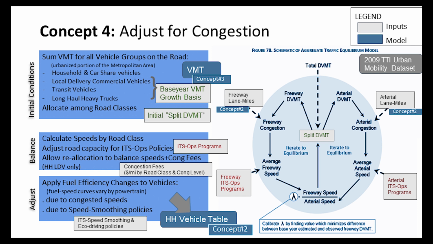You start with your total VMT of all these people. We have an initial split between freeways and arterials, then they split out into either side, and we say, well, let's compare that to our lane miles that we got from Concept 2. You get some congestion, which gives you a speed. So you've got a freeway speed and an arterial speed. We adjust it for those ITS programs. Then you get this ratio, like which is better, freeway or arterial, and it'll come back up and resplit the DVMT and keep going through this for several iterations until they're somewhat in balance or the maximum number of iterations is reached. We do have this lambda factor, which I would direct you to Brian, that sort of scales it,